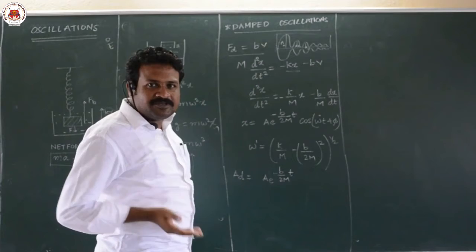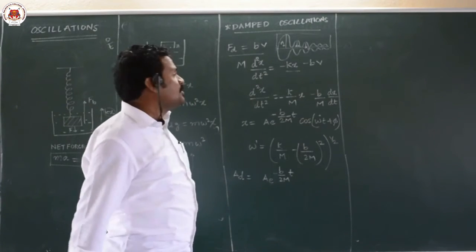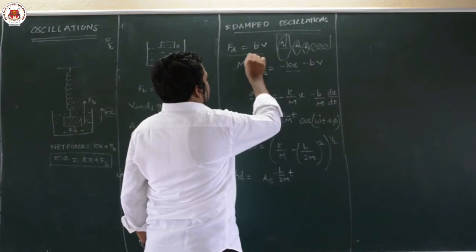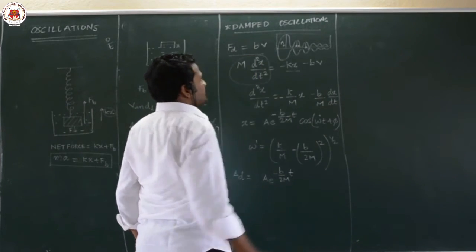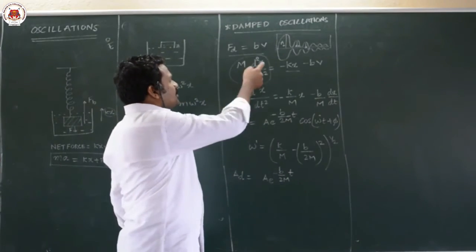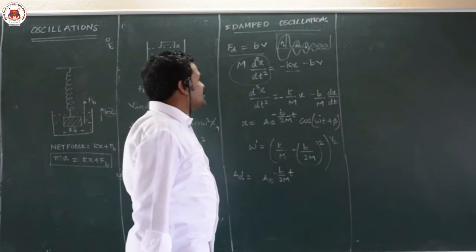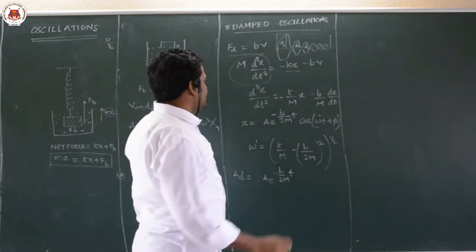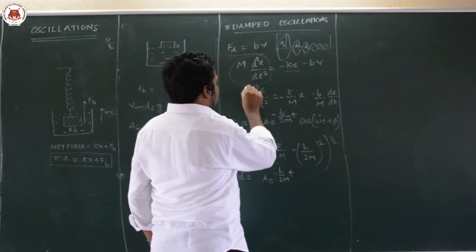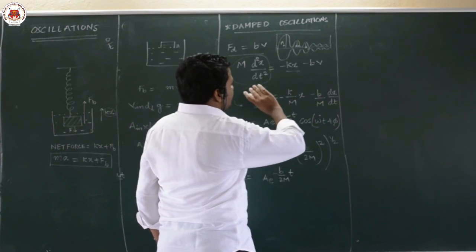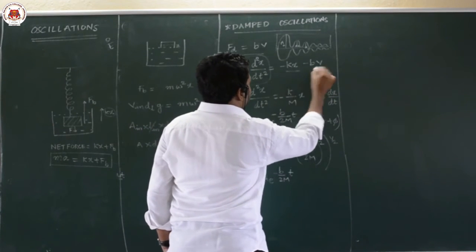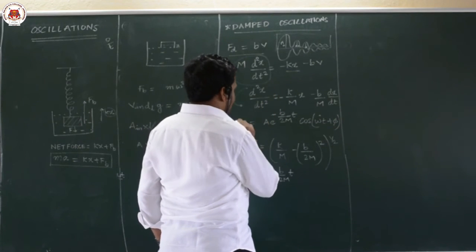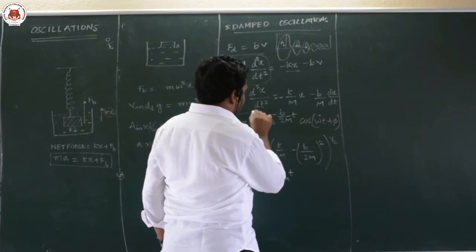Suppose a spring is oscillating, the restoring force will be minus kx. So, for the force, I am writing m into a, which can be written as m d square x by dt square. If you differentiate the displacement twice, you will get force. From this, in the next step, I am writing m towards this side. You divide this by m, and if you solve this, you will get displacement is equal to